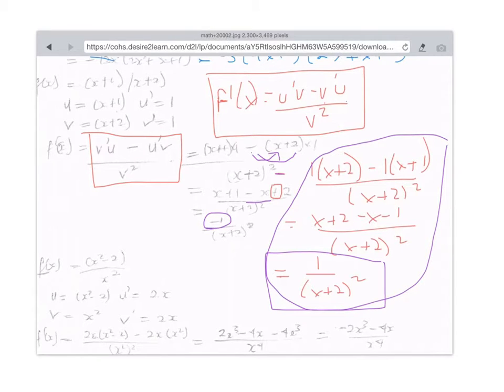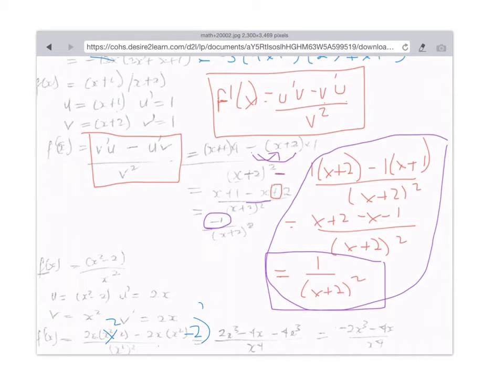The same thing happened with question 5. You just did your derivatives in the wrong order. So you want the derivative of u, which is 2x, and then you're going to multiply by v, which is x squared here, minus the derivative of v, which is 2x, and then you're going to multiply by u, which is x squared minus 2. And then you're going to do that over x squared squared on the bottom. And so your overall answer is going to change